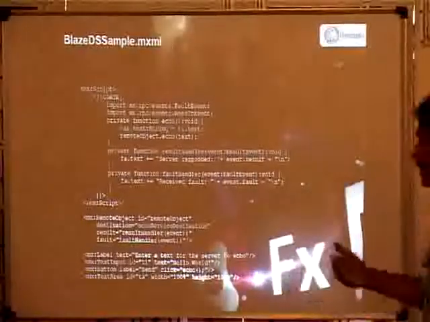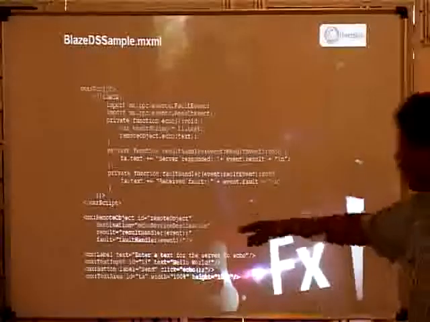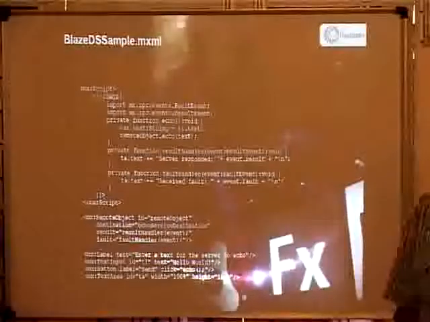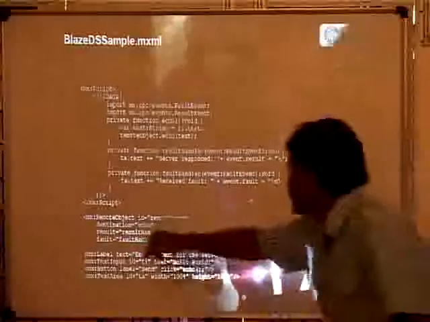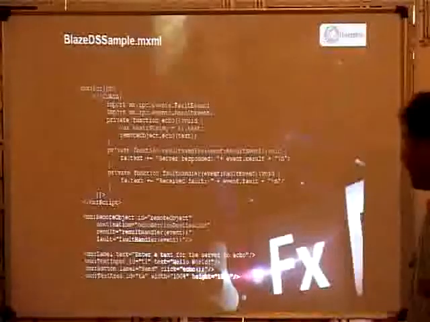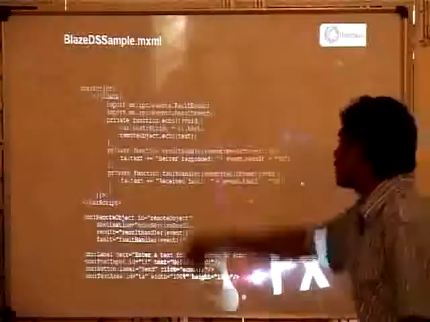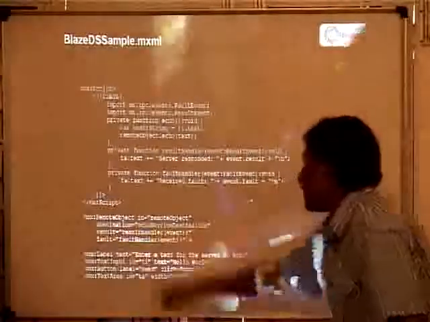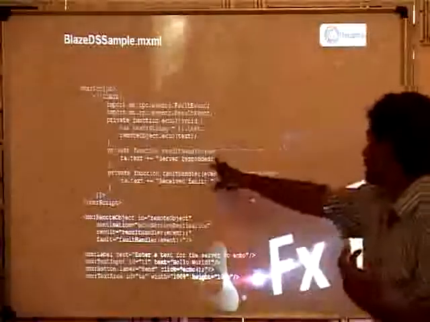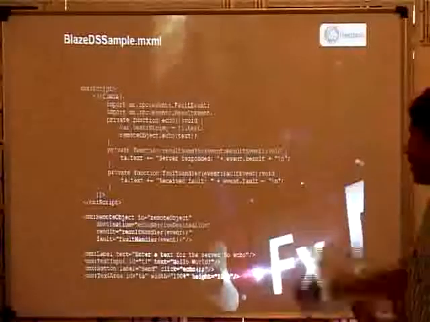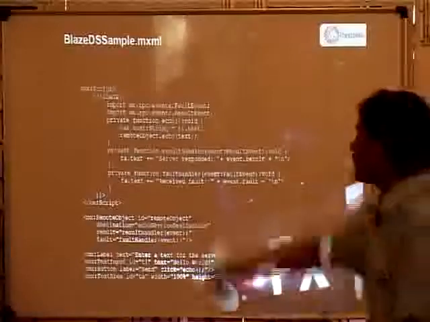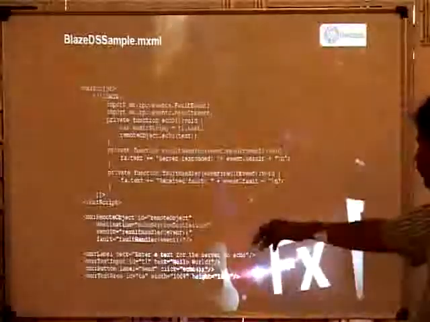Client side. We are going to deal with the client side now. Here, this is the remote object method where you have to give the destination you gave in the remote config XML. This is the echo service destination. If you give it here, it will automatically refer to the destination, and then you send the result handler and fault handler. If you are accessing any object, it will return the message format of results, and you can get the objects or string, whatever you are returning from the server side. Here they are sending echo.text.